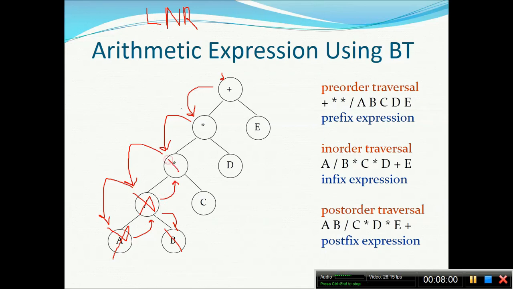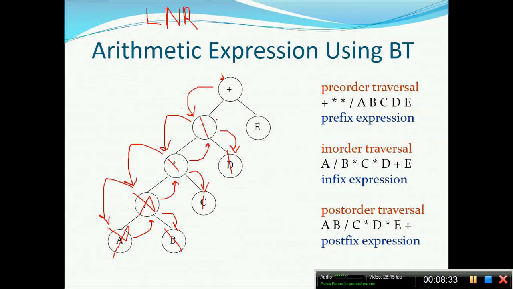The star will be solved, and once it is done, C will be solved. Okay, done. The entire left subtree has been solved. We'll continue further in the same way. Once the left subtree has been solved, I will jump to the star. I will solve the star now. The star solved. Then I will jump to the right subtree here. D will be solved. Once D has been solved, the entire left subtree has been solved.